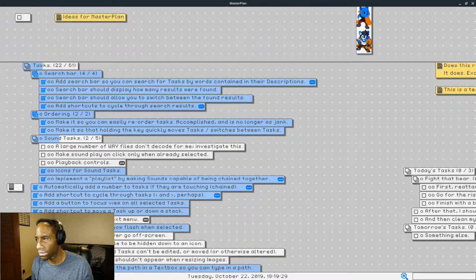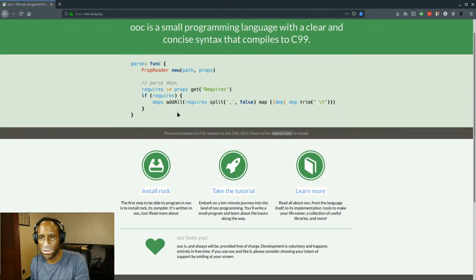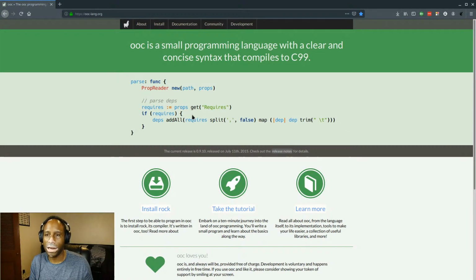Something I did want to see is the OOC programming language, which is a language that's simpler than C or C++, in my opinion, but it compiles down to C. That's an interesting idea, because it's kind of like Go in that it is a simpler language with additional features on top, but it compiles down to just ordinary C, not C++. So you have the ability to work with any C libraries like raylib or Allegro or SDL or SFML by default. And that definitely sounds cool.